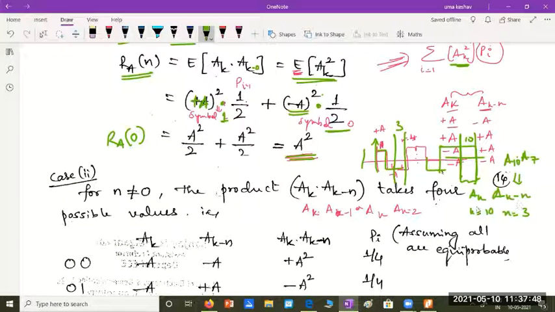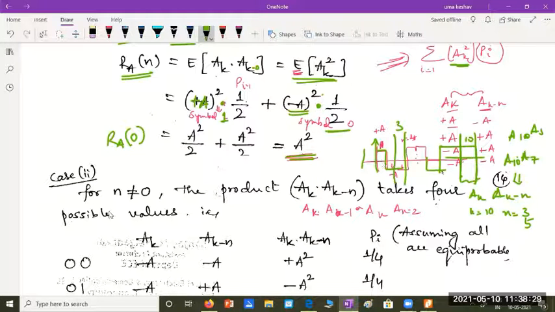So what I'm trying to show you is k and n can be arbitrary. They can be any values. Okay. So n and k can take any values here between minus infinity to plus infinity. So a10, a7 I had. If I had n as 5, I will have a10 into a5. If I have n as 2, I'll have a10 into a8, anything. So we can consider the group of any two arbitrary bits. They need not be next to each other. That's what I'm trying to tell you.